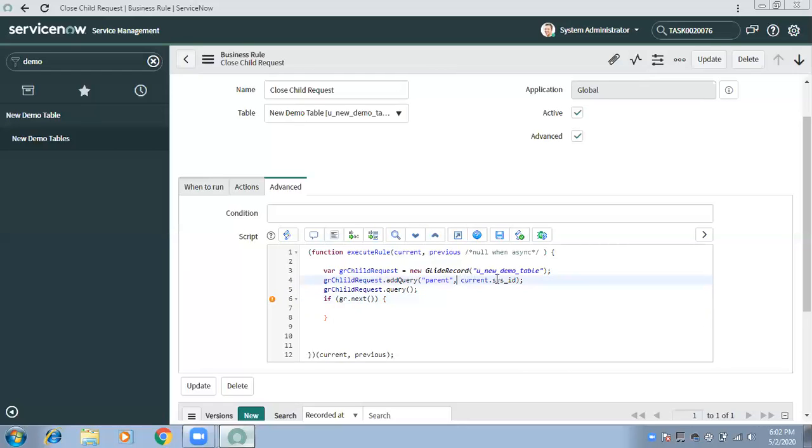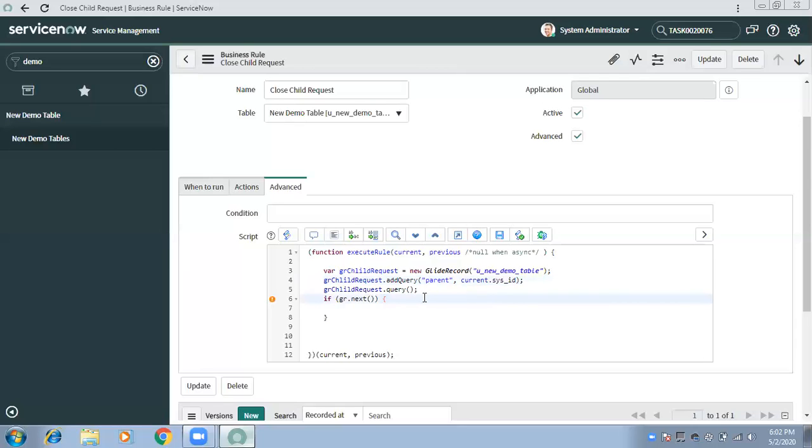By default, if you are not defining any operator, the system will treat it as equal. If you need not equal to, greater than, or other operators, then you have to explicitly define that operator in between.